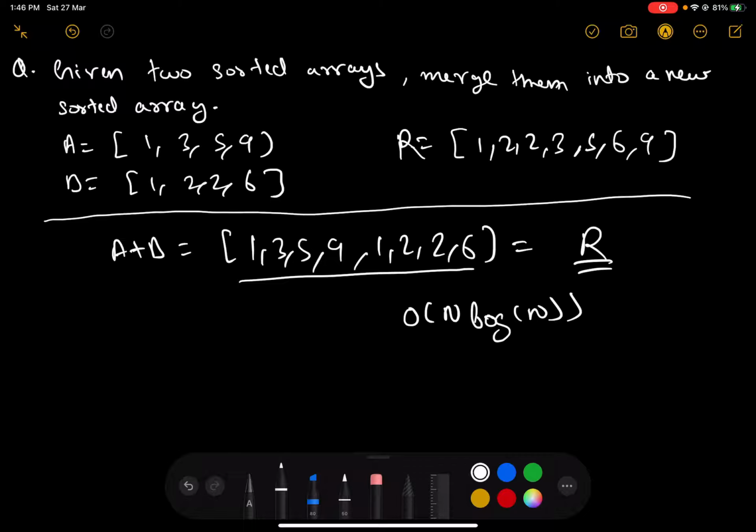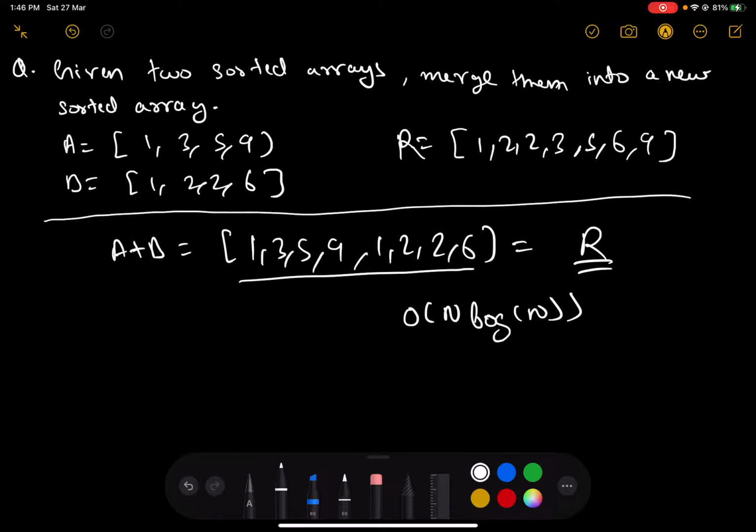When we concatenate them and sort them again using some standard sorting algorithm, we are not using that information, and that's why our time complexity is higher. So how do I use this information that the elements of A are already sorted and B is already sorted? Two pointers can help us efficiently use that information and create a new sorted array.